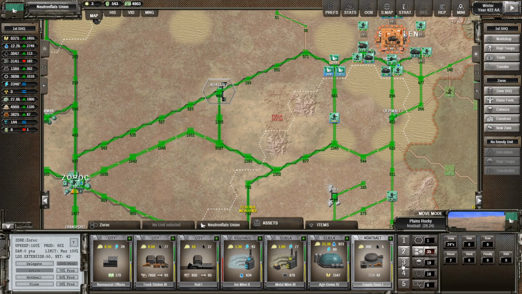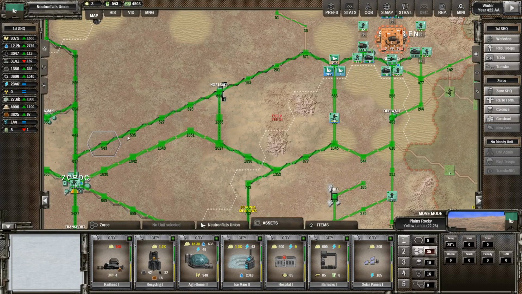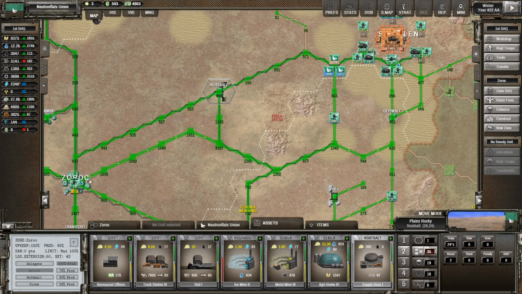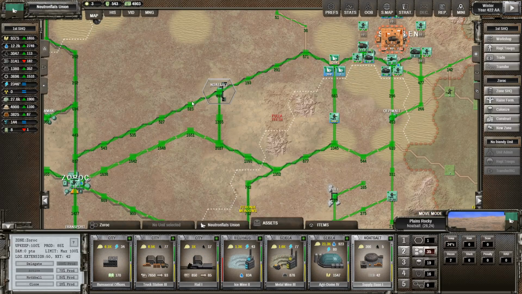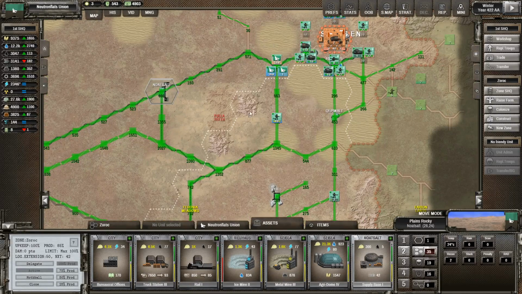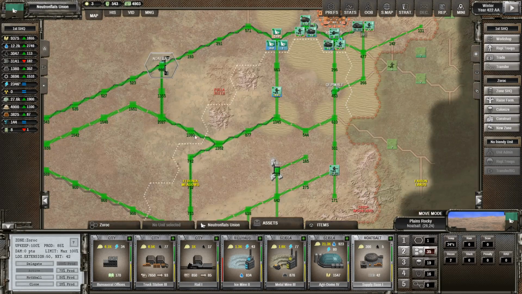I also built a supply base here, and this acts to extend the logistics of trucks. So what'll happen is, as the vehicles move along, they use up action points, right? To move logistics along, they require action points to go a certain distance, and this will give a little bit of a boost to how far they can go, so that it could help to push things along. And I also built the road down here,